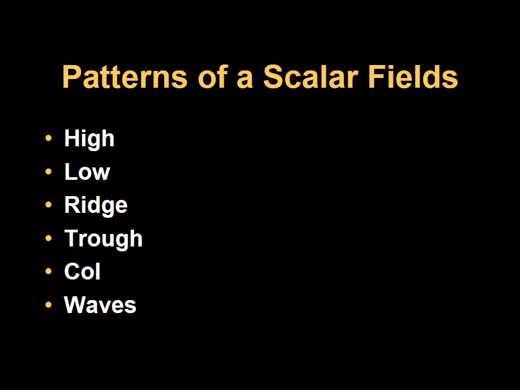So some of the patterns that you probably are familiar with already are things like highs and lows, and then we're going to talk about ridges and troughs, and then cols and also waves. Now with highs and lows, you're probably more familiar with them as far as pressure, but you can use these concepts or patterns for any type of scalar field. You can look at highs of temperature, highs of precipitation amount, highs of dew point, and likewise you can also identify lows of density or lows of pressure change or things like that. So we're going to go through all of these different definitions, and then they can be applied to any scalar